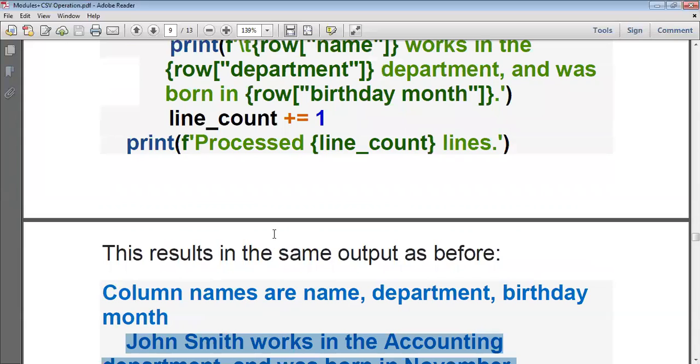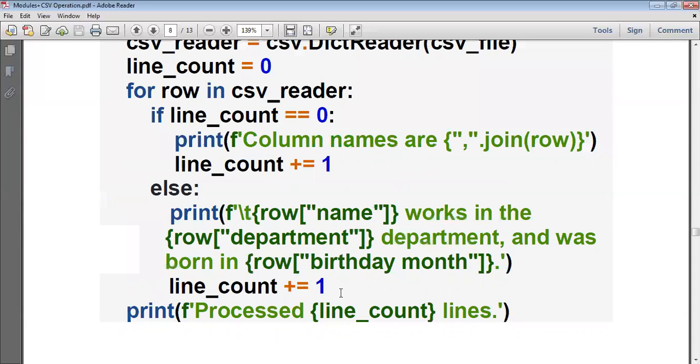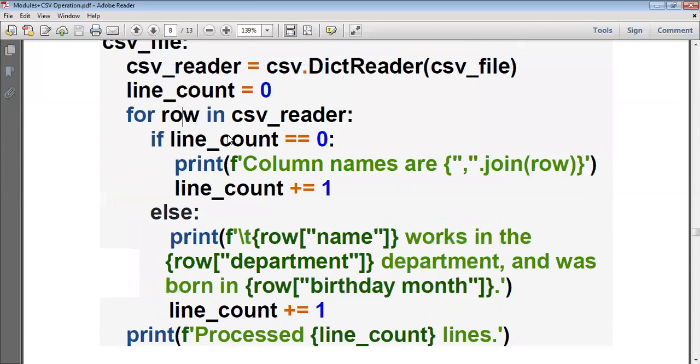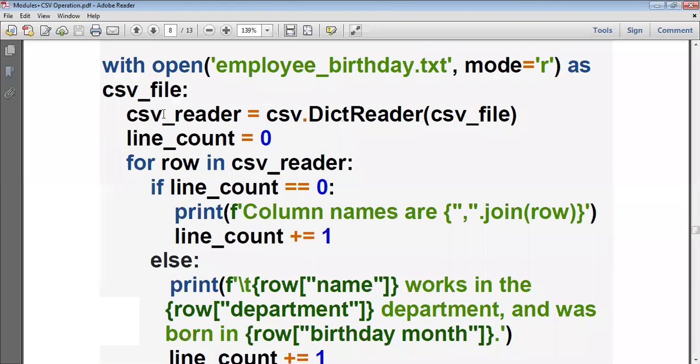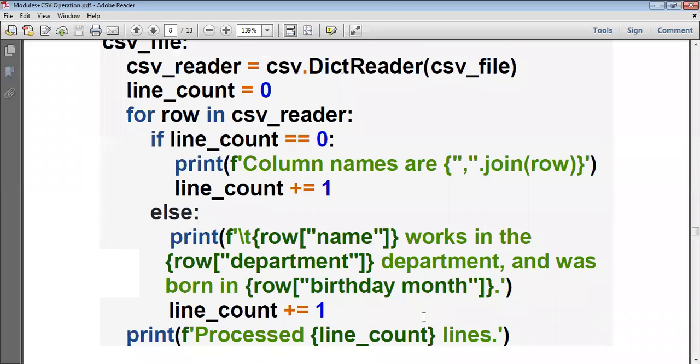Okay, so next line count is incremented by 1, which means it becomes 2. It will read the next row. What is the next row? Name colon Erica Myers, department colon IT and birthday month colon March. So that is the next dictionary value, represented by row. Now we choose the else part.